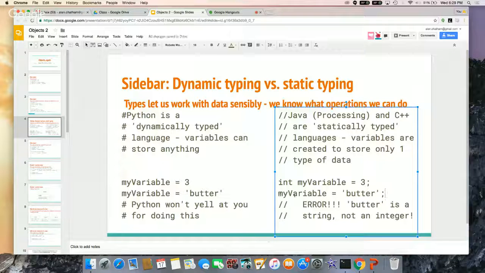Then if I wanted to say my variable equals butter, if I want to take butter and stick it into my variable, C++ is going to say, no, you can't. But you could put str on the front of my variable and have butter be a string and have my variable be a string? If I set up my variable to be a string, basically with Java, Processing, C++, Arduino, any statically typed languages,